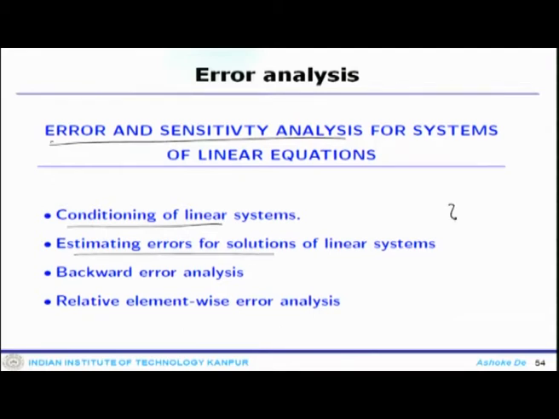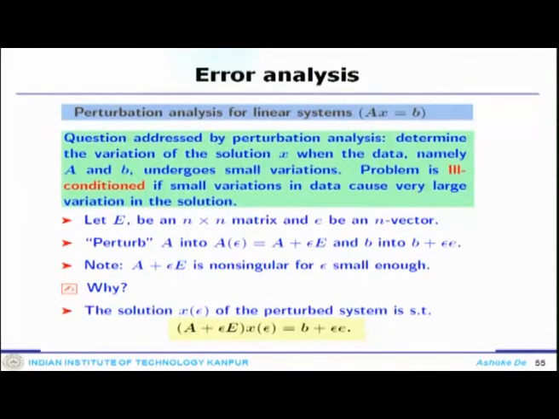Though this is going to be a detailed discussion when we look at different kinds of solvers and try to find the solution for the linear system, here we would like to touch upon the error related analysis for those linear systems and some other error analysis. So, you have a linear system like this, Ax equals b. We do some sort of perturbation analysis for this linear system, and how would one do that?